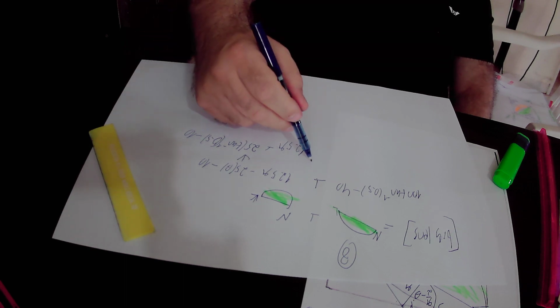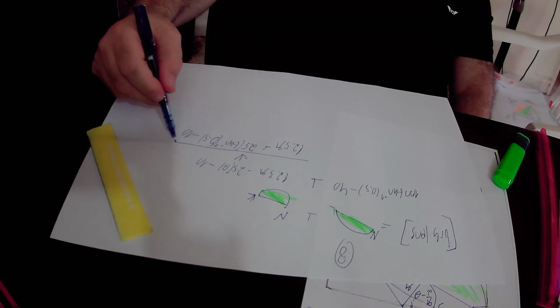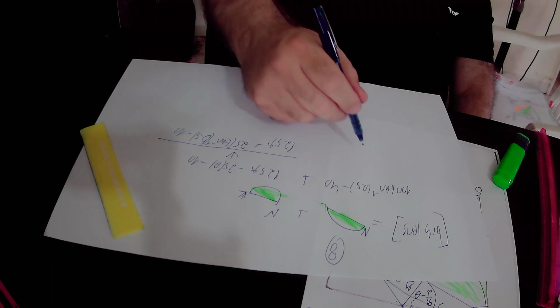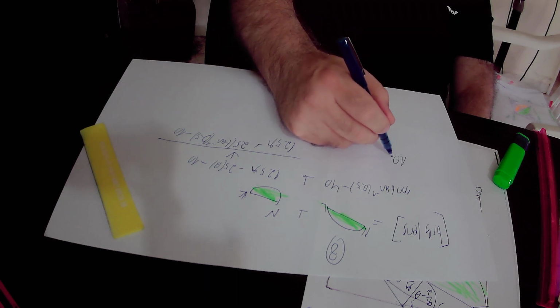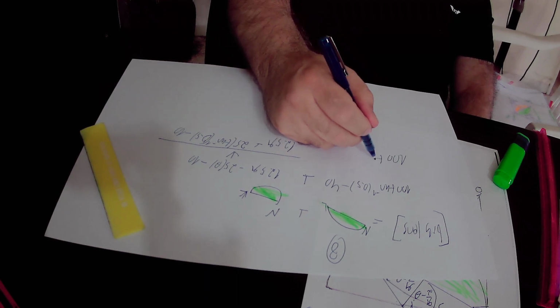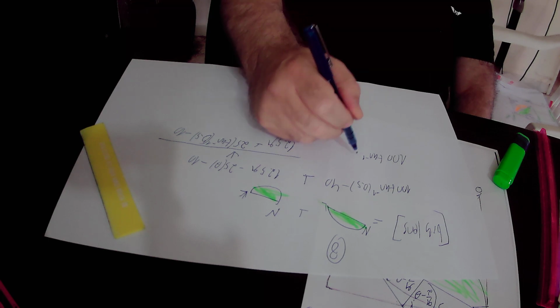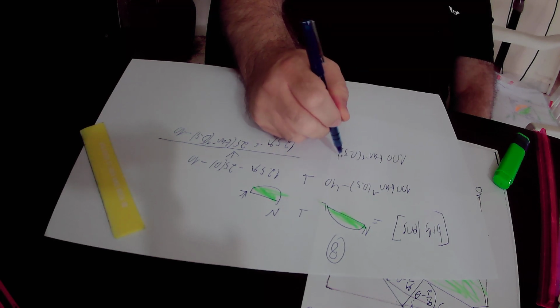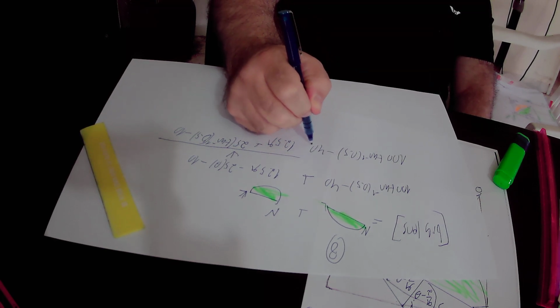This is the area of the lower circular segment, while the area of the upper circular segment equals 100 times tangent minus 1 of 0.5 minus 40 plus,